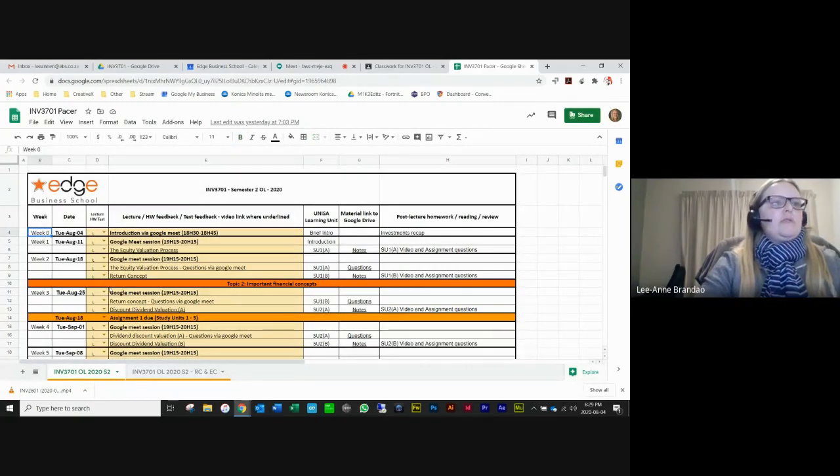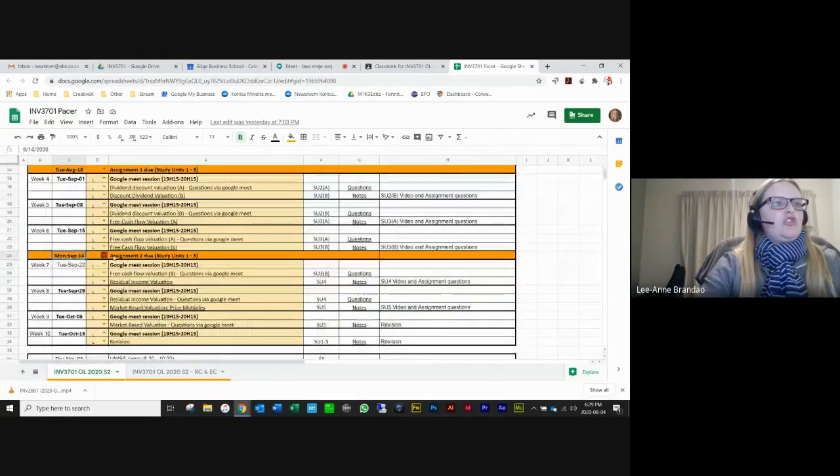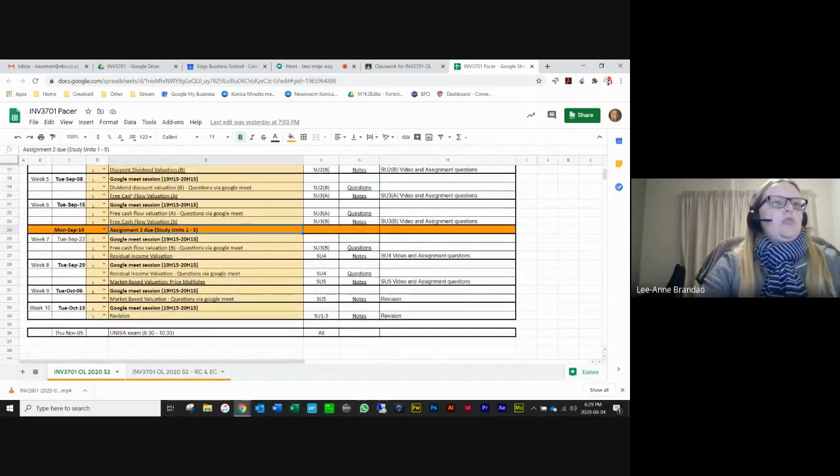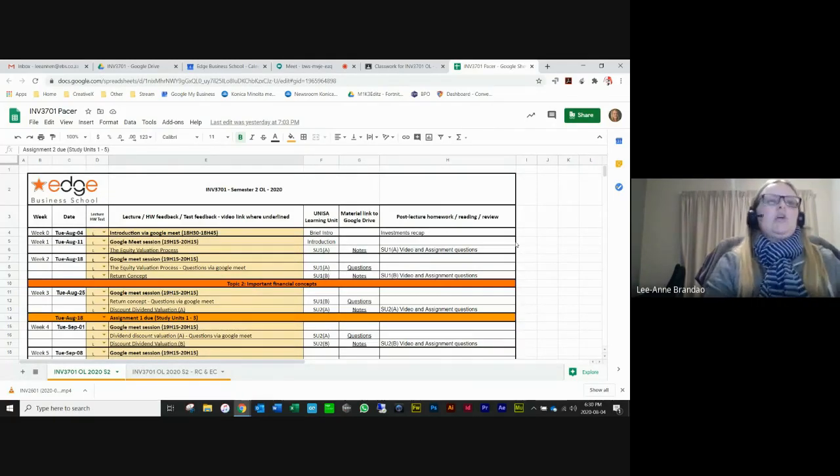Similar to the timetable, it's got the weeks, the dates, the different assignment dates when assignments are due, and all the different study units. How we're going to run the semester is a little bit different. Obviously, because we're not having face-to-face classes, every week from next week for 10 weeks, we are going to meet for an hour from 7:15 till 8:15 on a Tuesday evening. You would have had to have done pre-work before that session, and we will then do questions on the pre-work that you have watched the videos for.